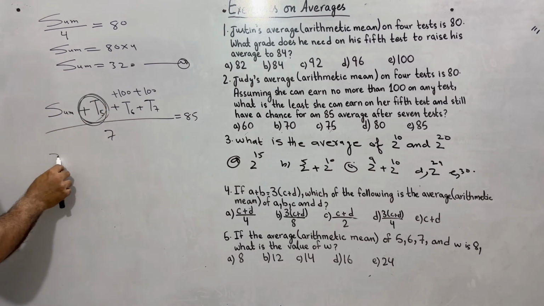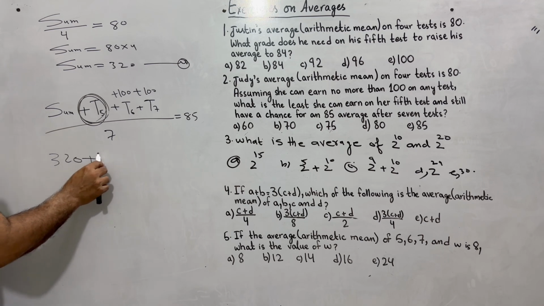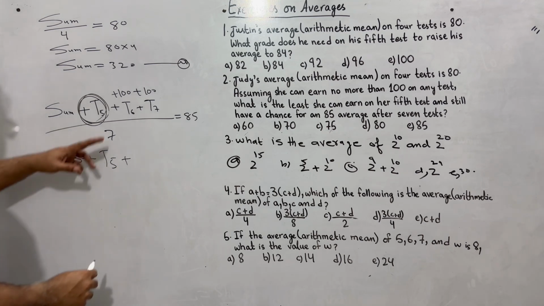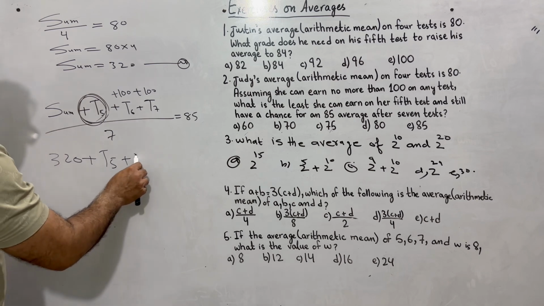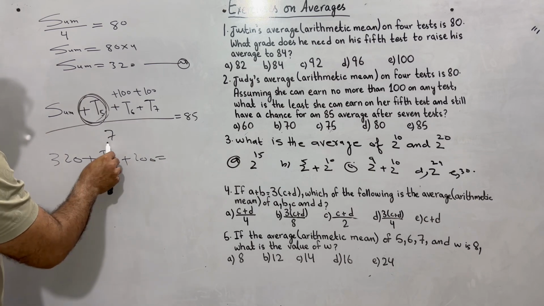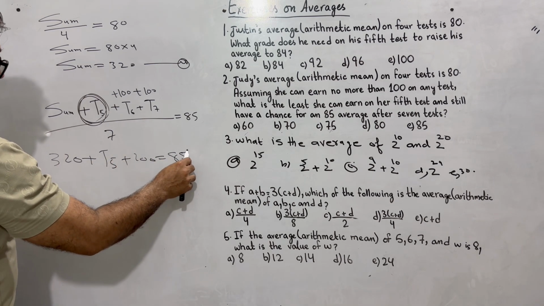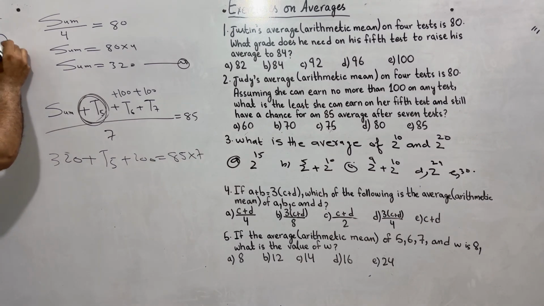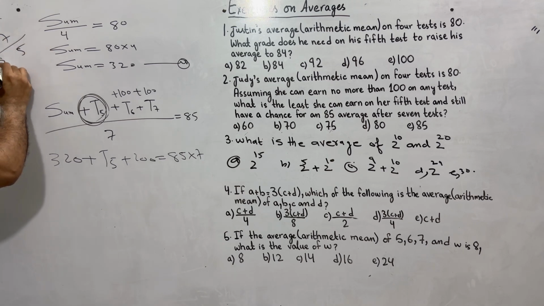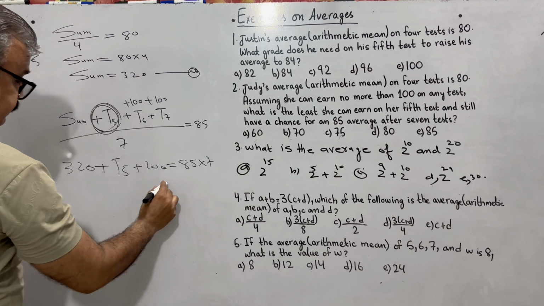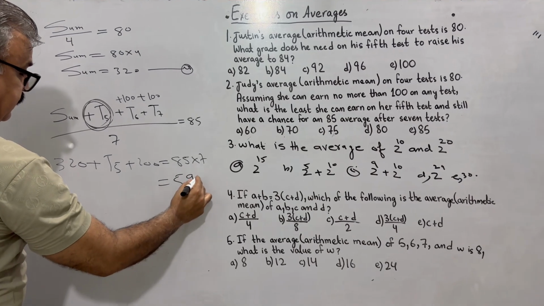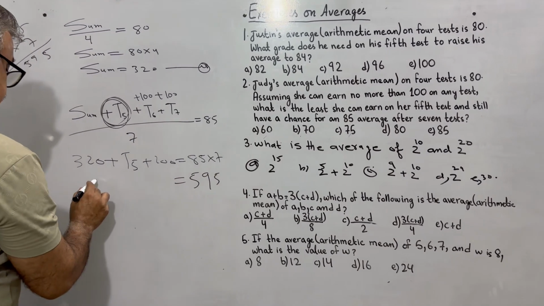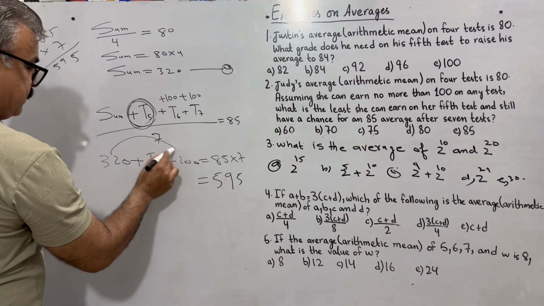So the sum we already managed is 320. The 5th test we are interested in. The sum of the 6th and 7th tests is 200. This is equal to 85 times 7. 7 5s are 35, 7 8s are 56, so that is 595. So I have 320 plus 200,